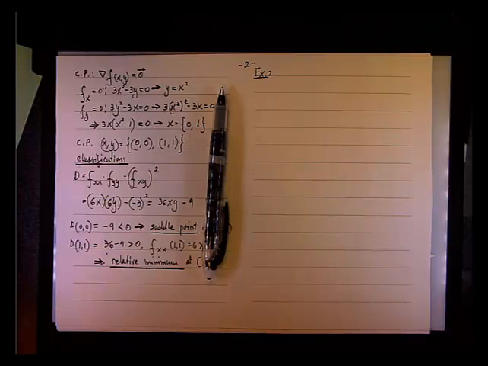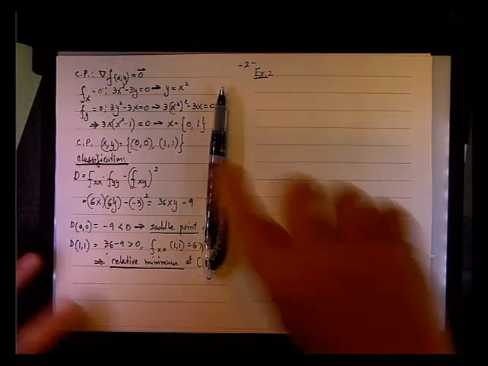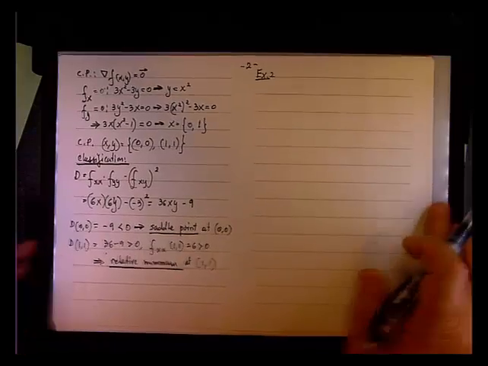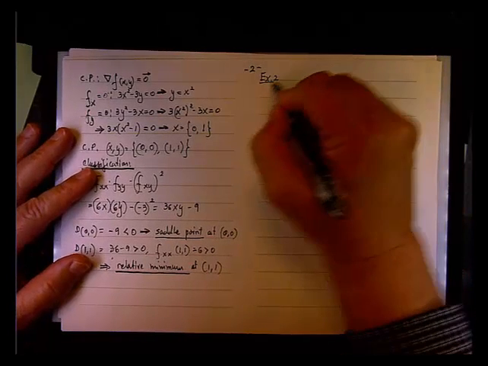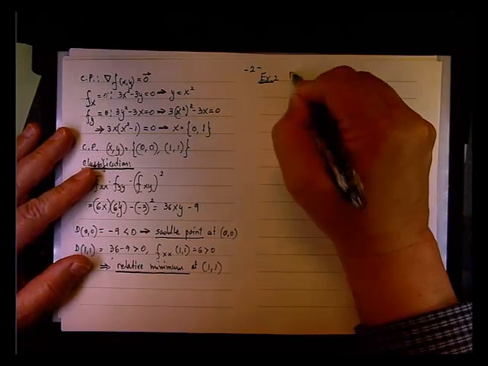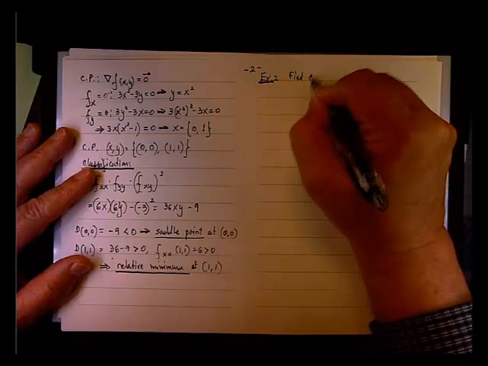As I said, the next example has more to it. The reason there's more to it is you'll see by the number of critical points. But it's also a find and classify example. So find and classify